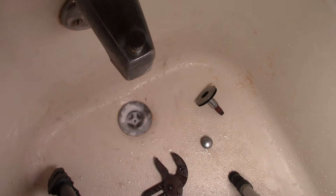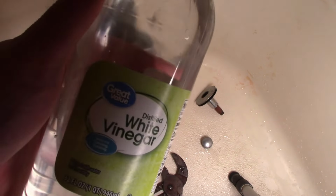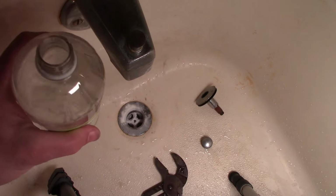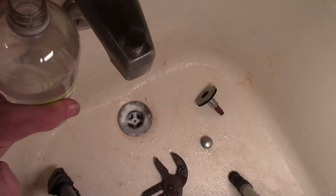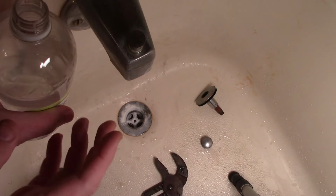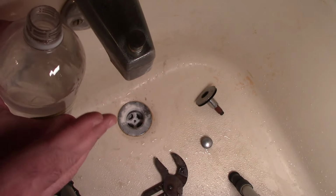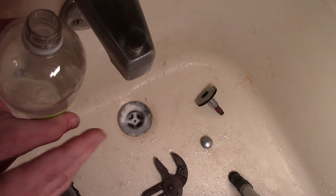Okay. Measure it really accurately, okay? Just like baking. Actually, baking, you do have to. And then I have some white vinegar. So part of the reason I do this is because it's fun. And it's a science project. The other part of it, really the real reason, is when you put baking soda and vinegar, if you've ever made those volcanoes when you're younger,